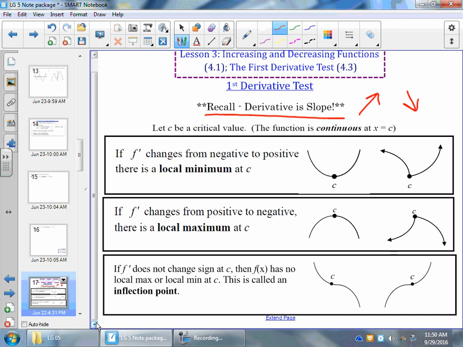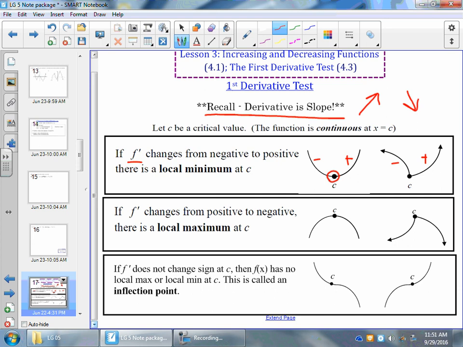If our first derivative changes from a negative to a positive slope, then obviously we must have a minimum value at that critical value. So remember that critical value we talked about in that last lesson. Critical values I mentioned are so important. We're going to use them again and again. And you find that from the first derivative. And this first derivative test again is going to tell us, okay, well, what does our graph actually look like? Again, so here and here, even though that looks like kind of a weird cusp,